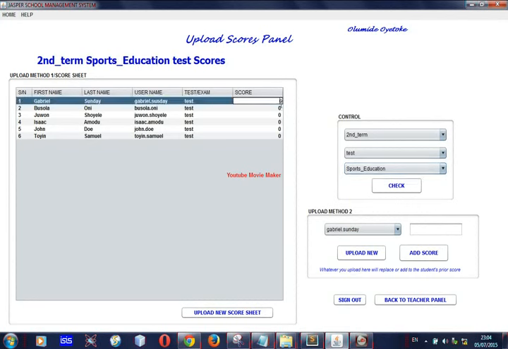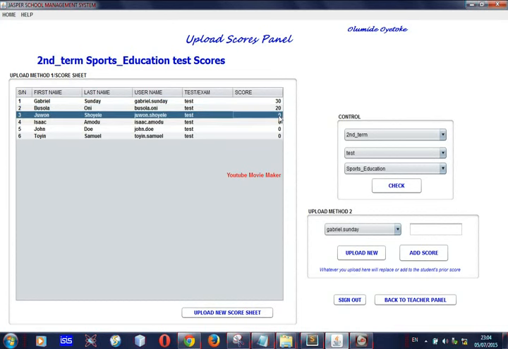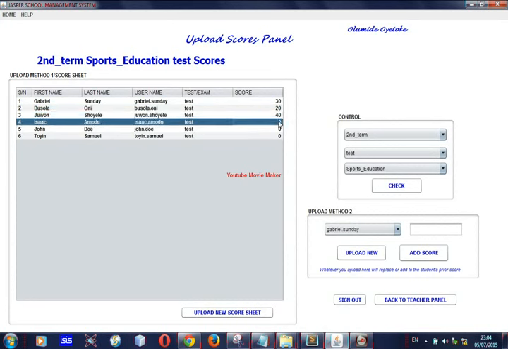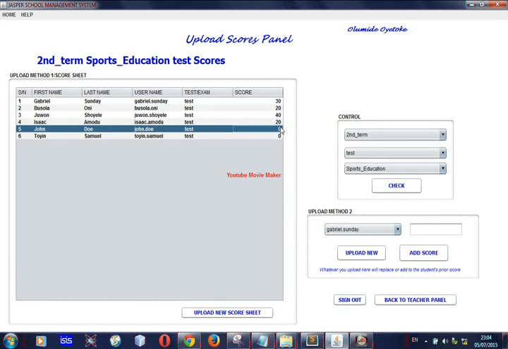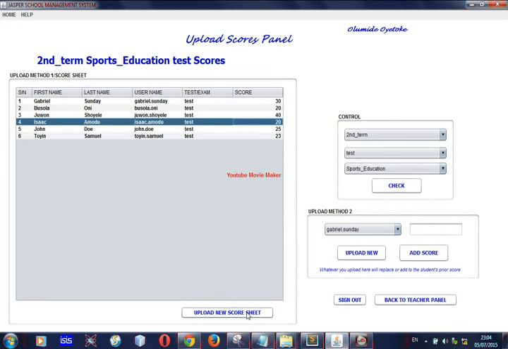What the teacher needs to do here is just upload the scores, to fill in the scores for either tests or examination. It's as simple as this. What you do is just click on upload new score sheet, so automatically you have these scores